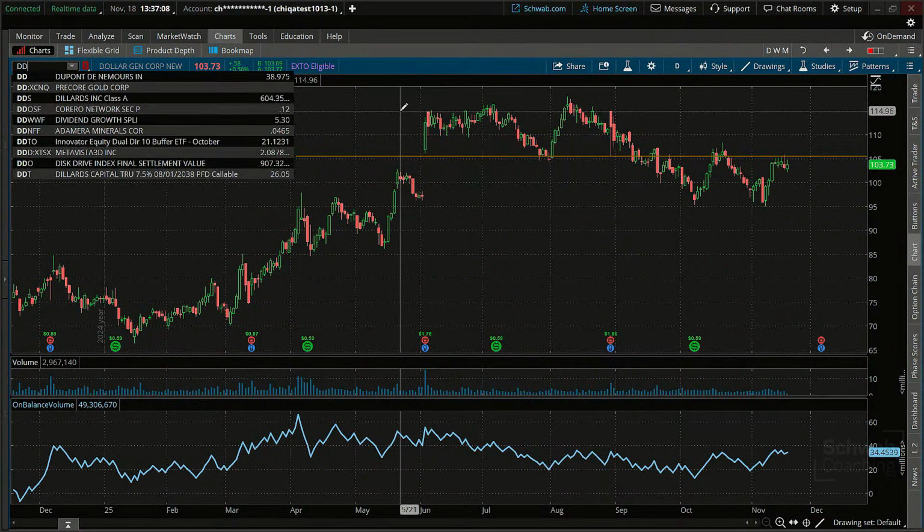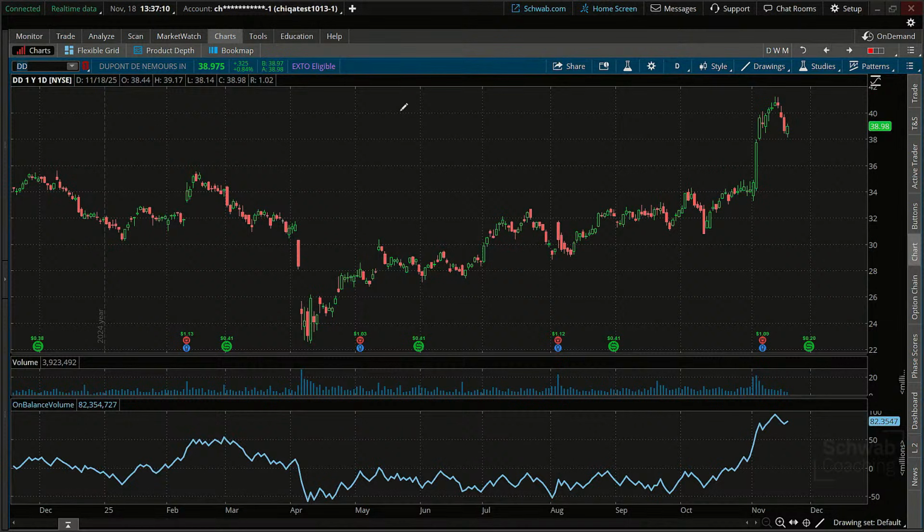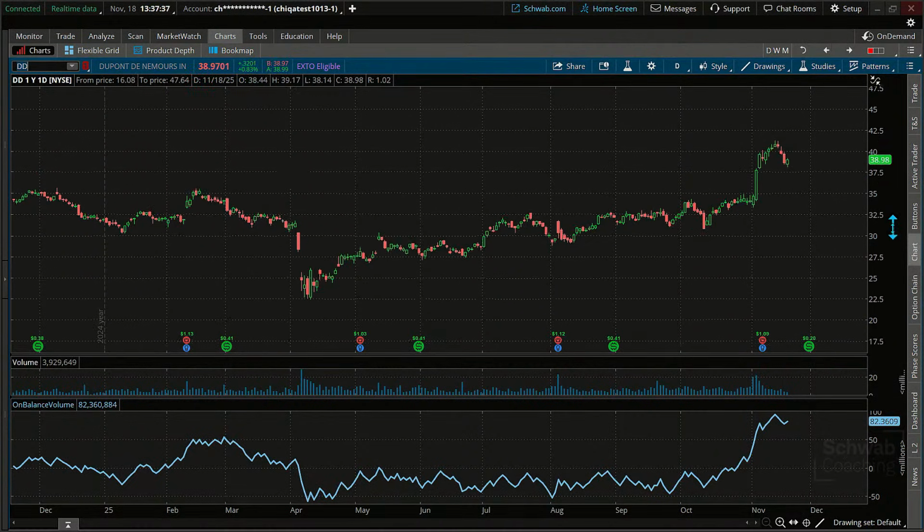Okay, DD. You might have looked at some of these commodity companies that have shown some strength. Here is a really interesting follow through in terms of that on balance volume. A lot of strength as prices are going higher. Do we have a bounce yet? No. DuPont, many of these have been influenced by commodities. You can see volume really come down, which is a positive after the flag. And let's go ahead and just get that projection in there so you can see this projection on another commodity type move here. There you go.